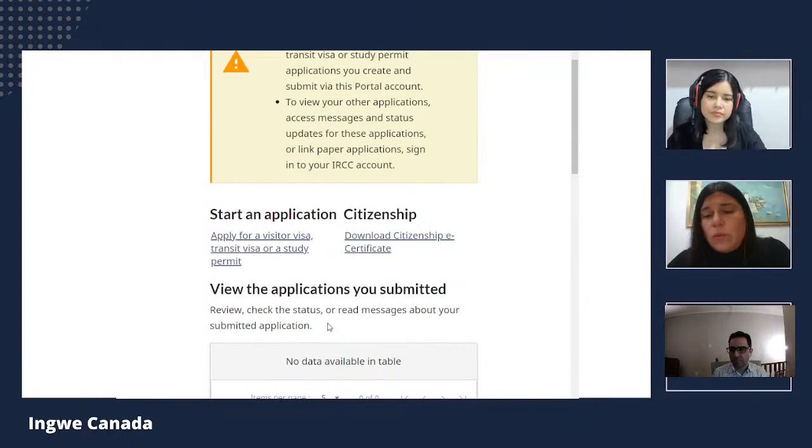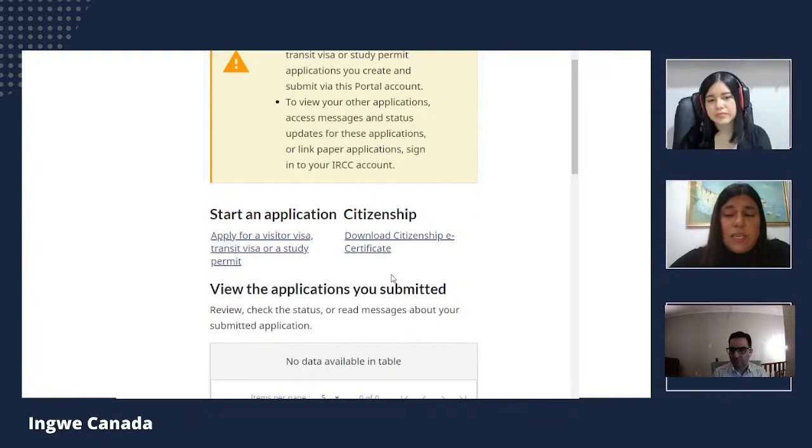So what do we do? If we want to submit something, we just click here, apply for a visitor visa, transit visa, or a study permit. There is an option here that Human also mentioned at the beginning of the transmission: download citizenship e-certificate. They have those options there, but the main function here is these applications, right? So you click there,